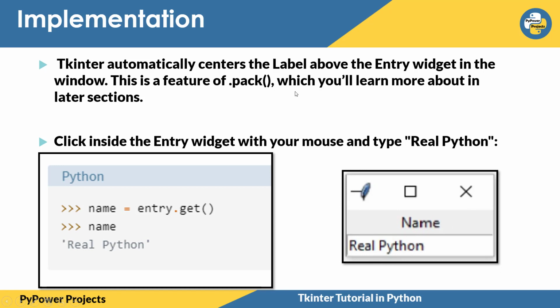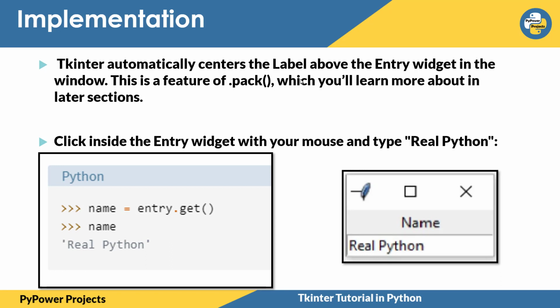You need not worry about how it will look, whether it will look symmetric or uniform. That will be taken care of by the dot pack function. It is smart enough to place your things in a uniform manner so that it looks properly arranged. You will learn more about it in later sections.